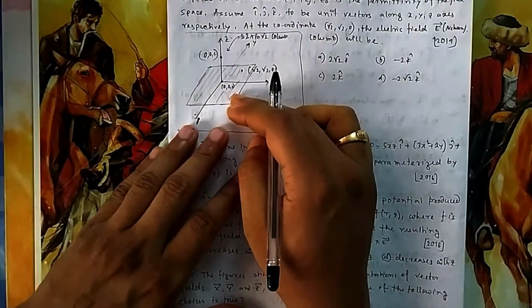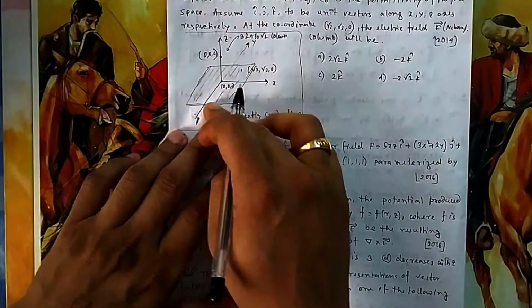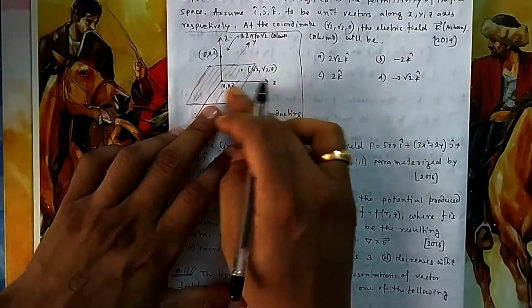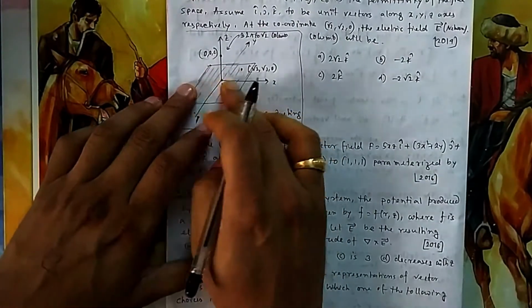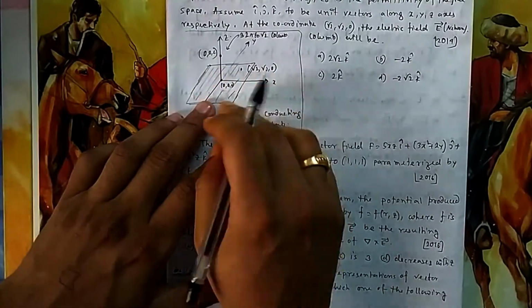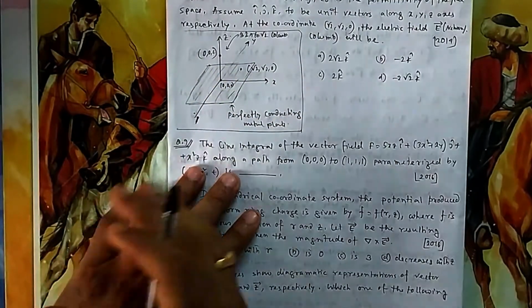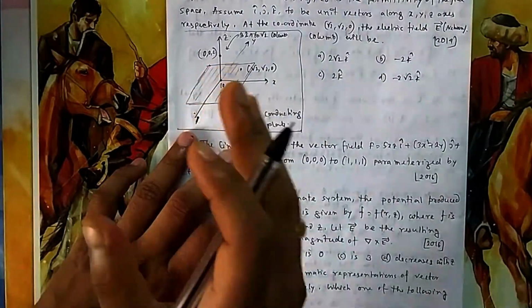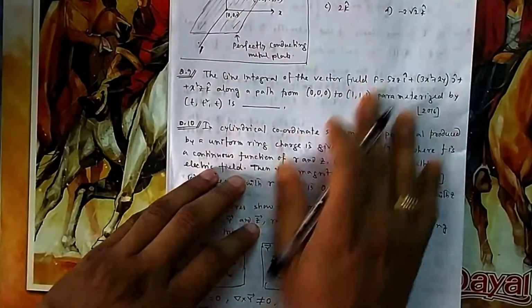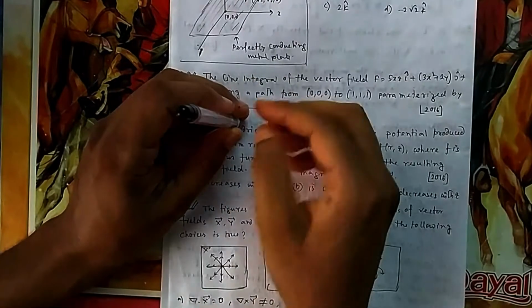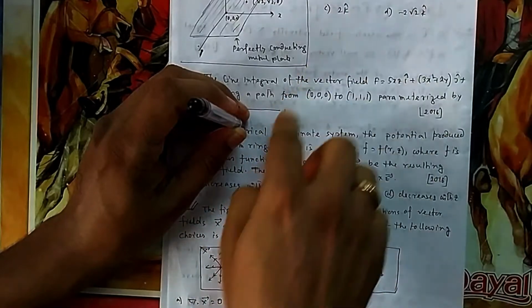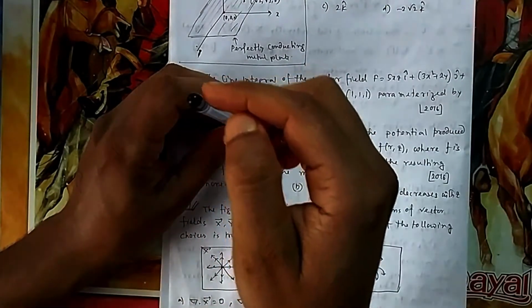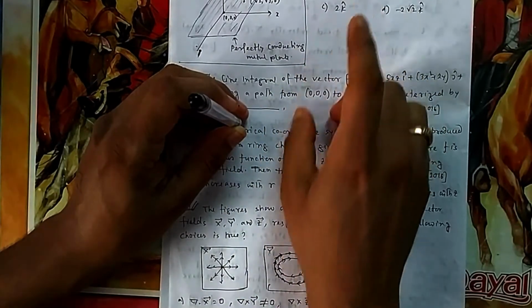So electric field, because in this conducting surface, if you move along this path, there will be no potential drop because it is perfectly conducting, no resistance is there. Whatever current you give, the resistance is 0, so no drop. Because there is no change in voltage, your electric field should be such that 90 degrees to that comes here. So if 90 degrees to the electric field should come on this surface, that means your electric field should be 90 degrees to that surface. Suppose if electric field is this, then 90 degrees to this is this. Then if you move along this path, your gradient is in this direction. If you move in this direction, there will be no change in that potential.